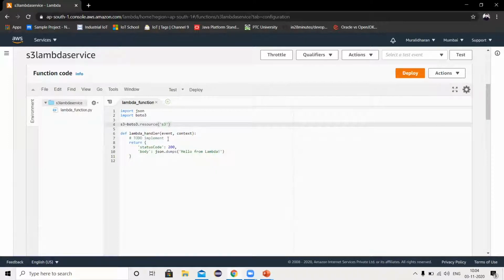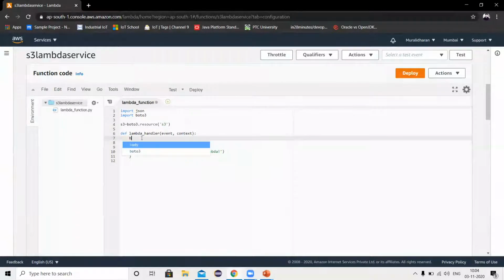Here I'm going to write code to pull the S3 bucket names. The lambda handler function is there as it is, and here I'm going to modify the code. I'm going to create bucket_list.